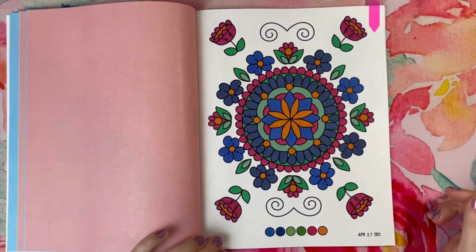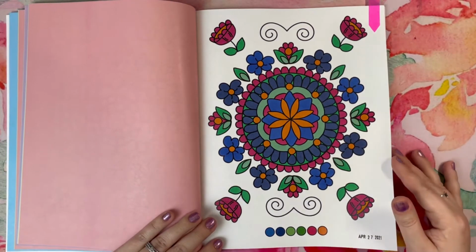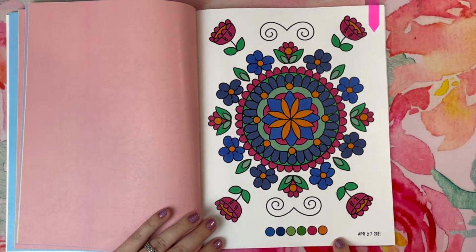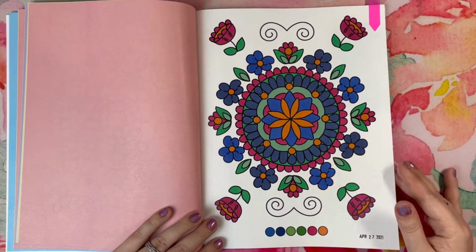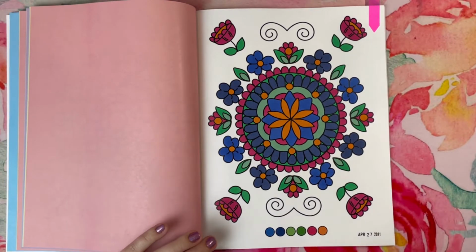Here is one that I just completed early this morning. I'm about to get started with work here in just a little while. I did use a suggested color palette down here at the bottom. I pulled from a couple of different marker sets in order to get the correct shades and colors that I needed, but I absolutely love how it turned out because I'm kind of starting, and